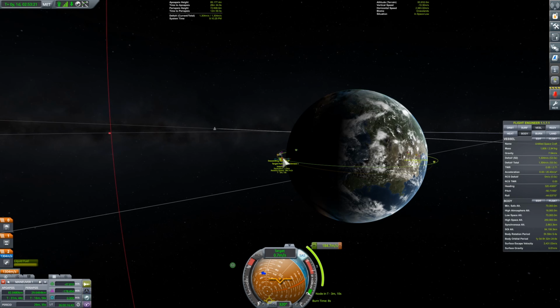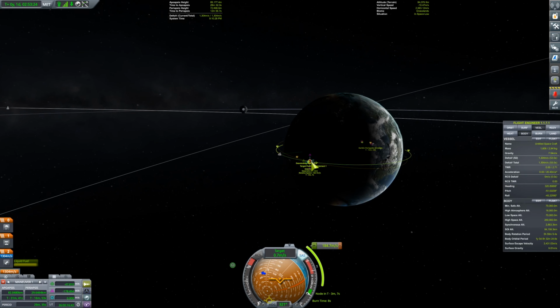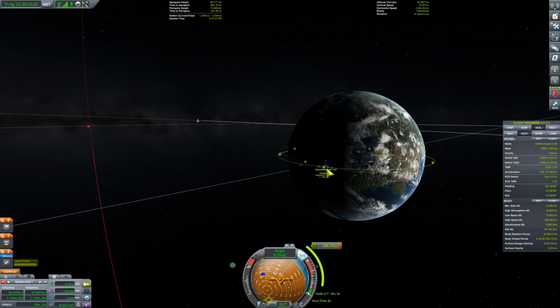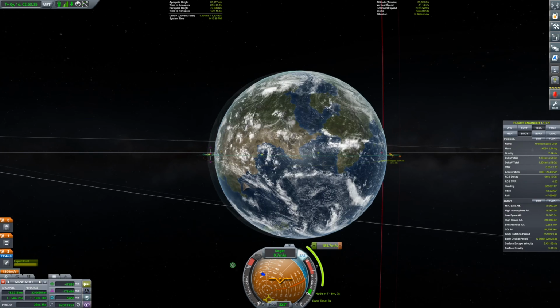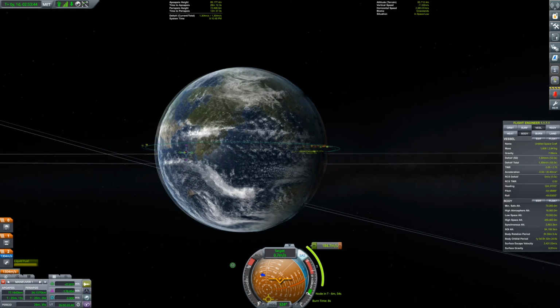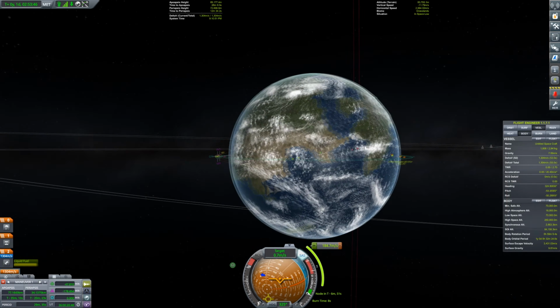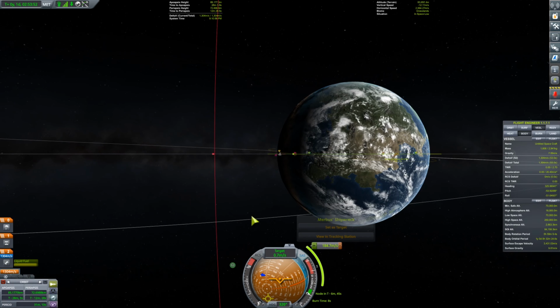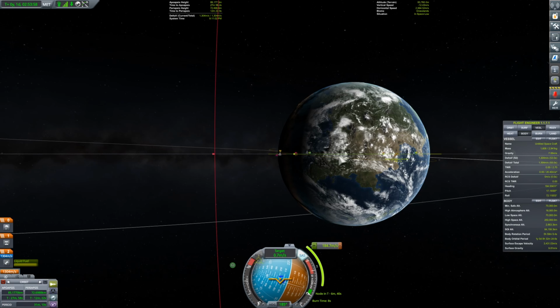Now this didn't really account for the rotation of the planet, so I'm just going to try to move this a little bit to maybe here. And I'm hoping that's a pretty solid window to get ourselves down with a decent amount of water and flat land. Just really trying to avoid these mountains over here. But we have our node in 6 minutes, so we're going to